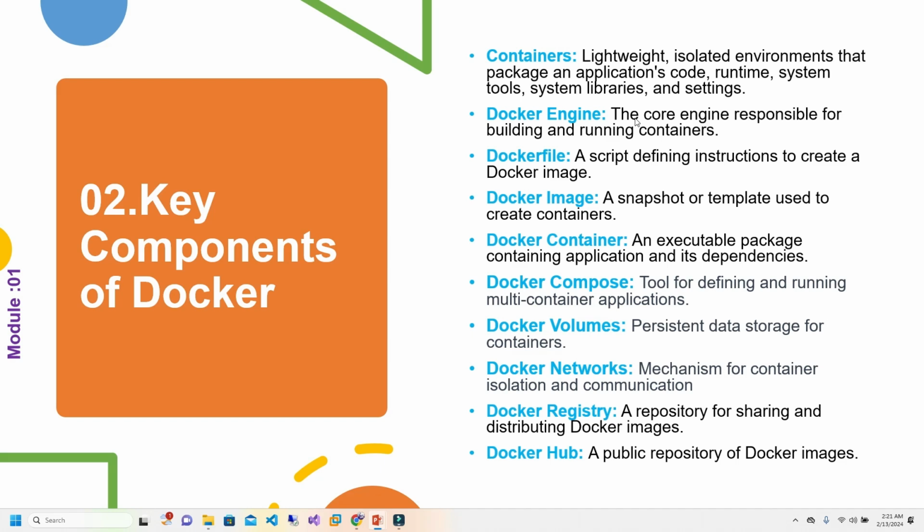So if you want to run the containers, you need to have the Docker engine. The engine is something you will be installing. It takes care of the responsibility to build and run the containers, because like I mentioned, without containers you will